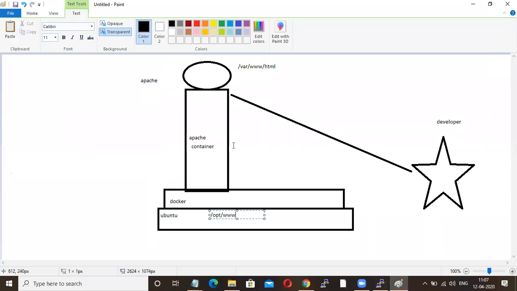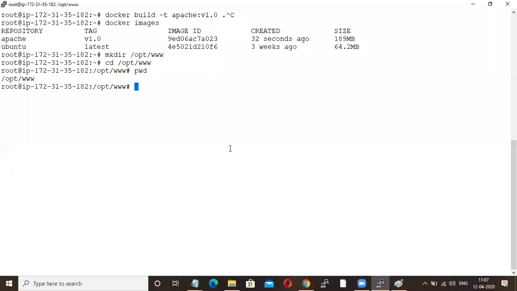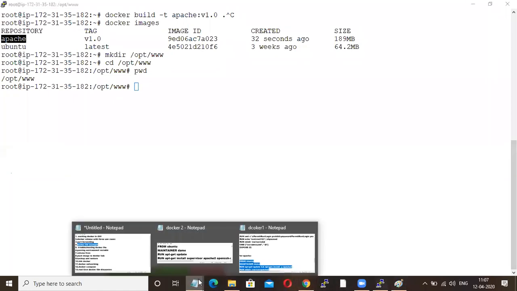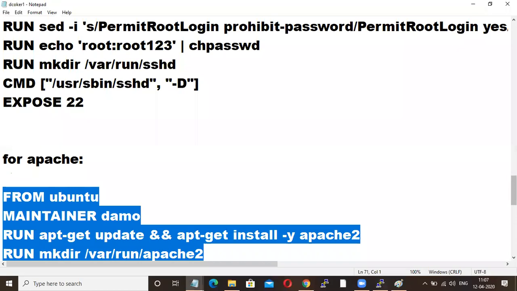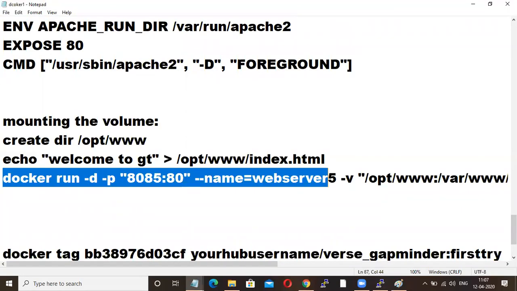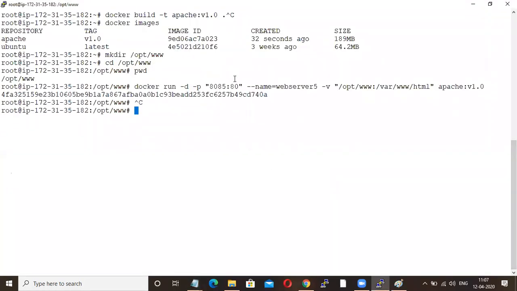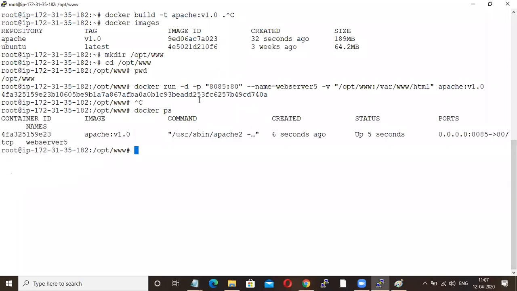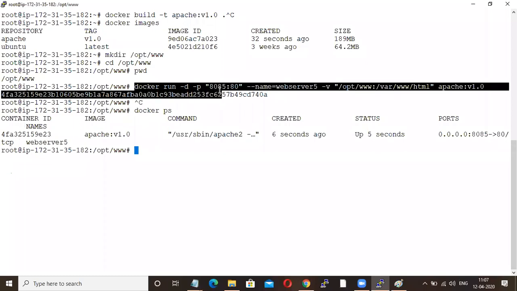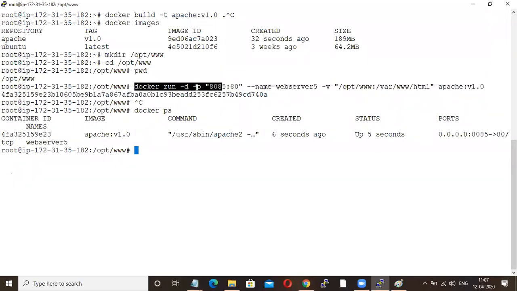Now what I'm going to do is launch one Apache container. Everyone knows this command, I guess. docker run -d -p, I'm just launching the Apache application on 8085.